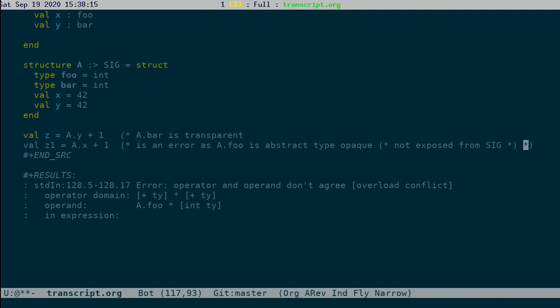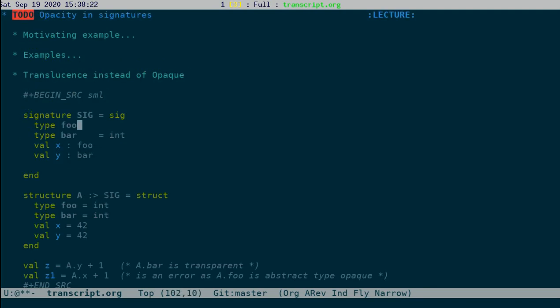This is how you can control opacity, by mentioning the actual type in the signature.